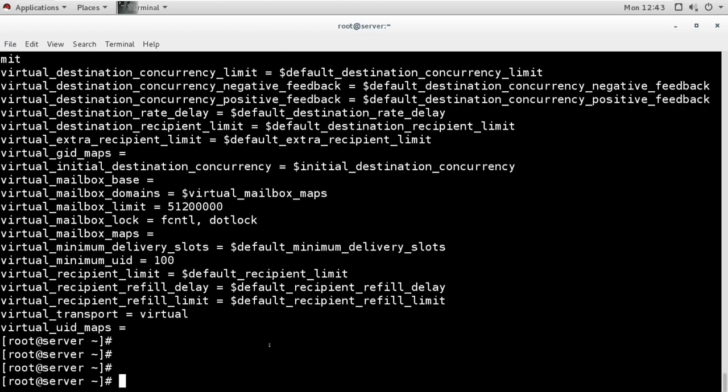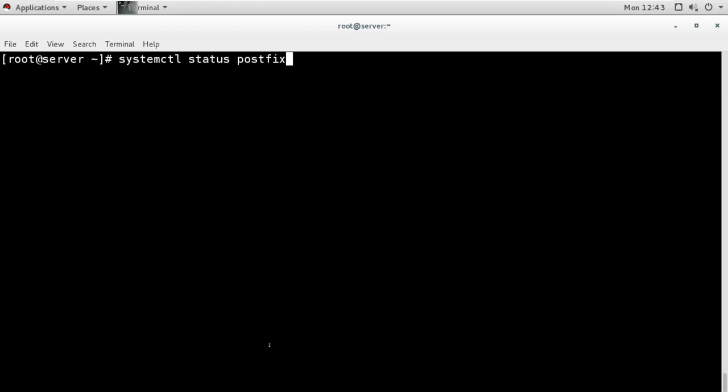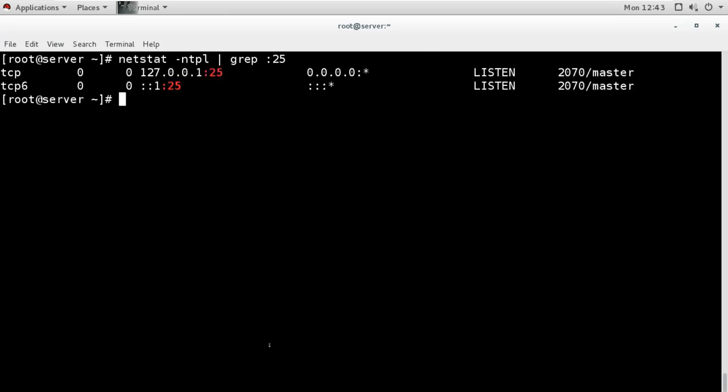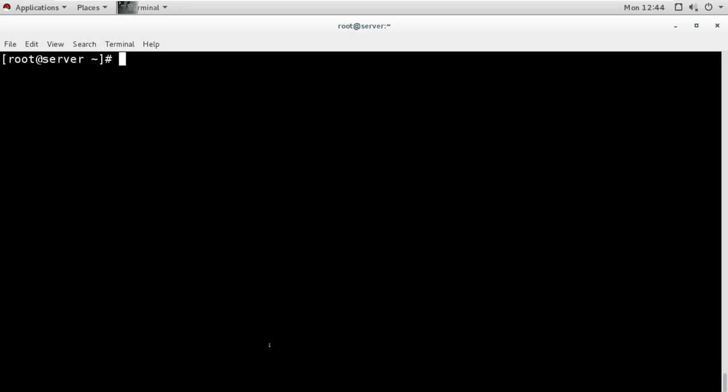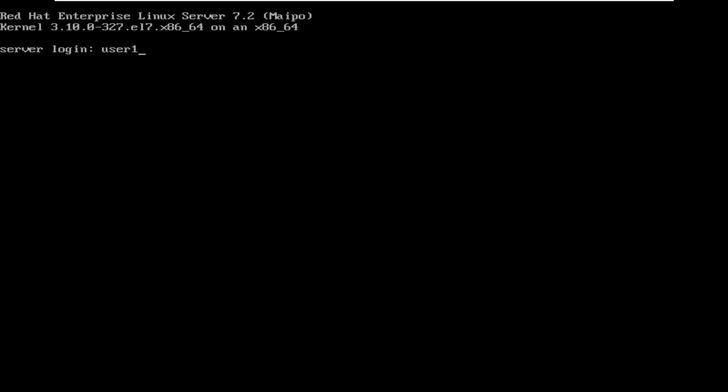Now, as we saw, by default it listens on the local interface, and it is only used to generate the system mail, because it is only listening on the local system. Now local system means it will accept the mail from this to this. It will not accept mail from other sources. For example, we have some user accounts here, user1, user2, user3. So I will log in with user1 here. I will go to this command line here, and I will log in as user1.